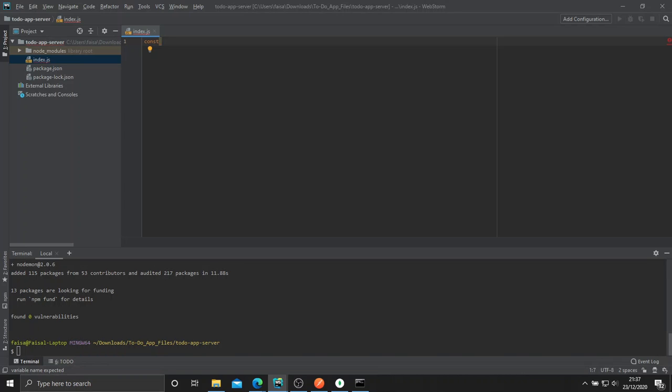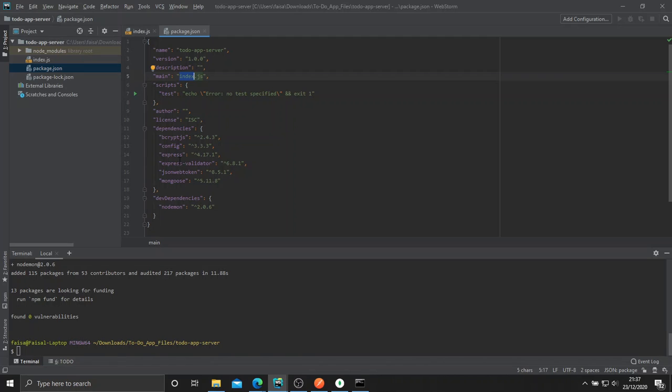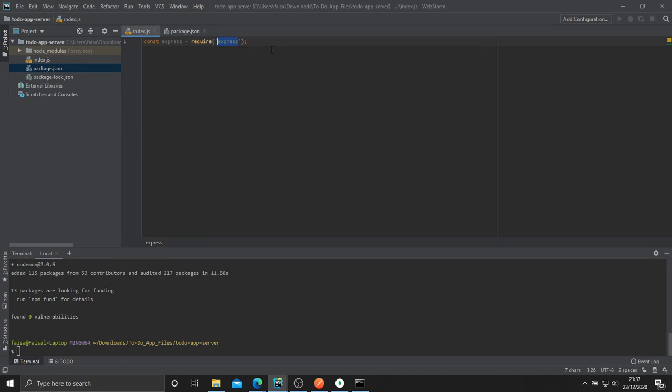If you're doing React syntax, then you do imports, but if you're doing Node.js coding, you want to do require. So I'll show you: const express equals require express. That's our express package that we downloaded or installed earlier, which is here. So we're going to import all of that,